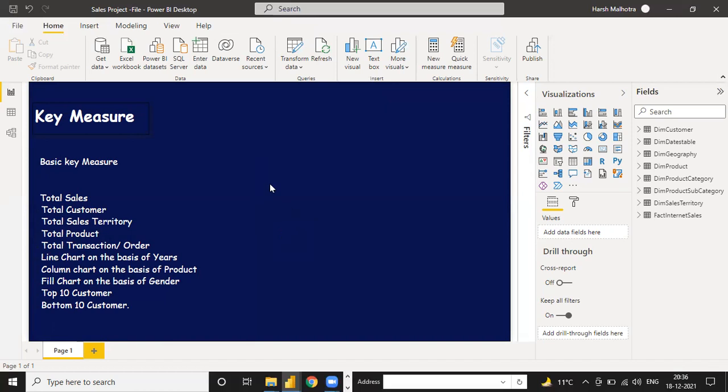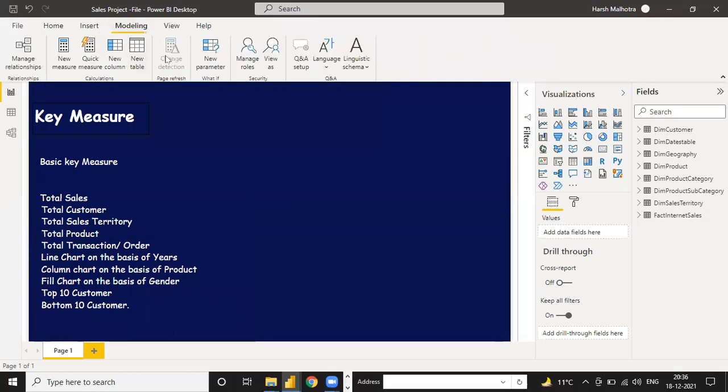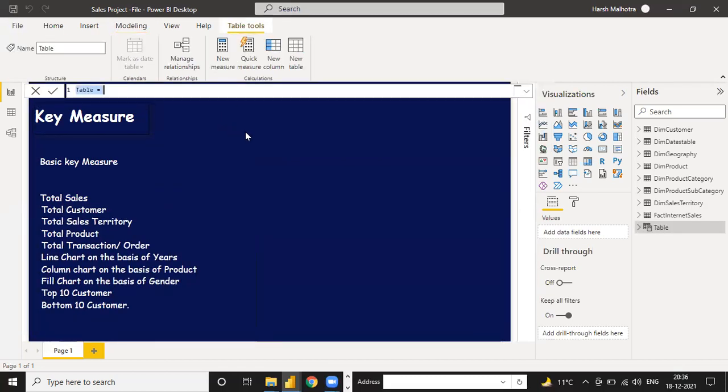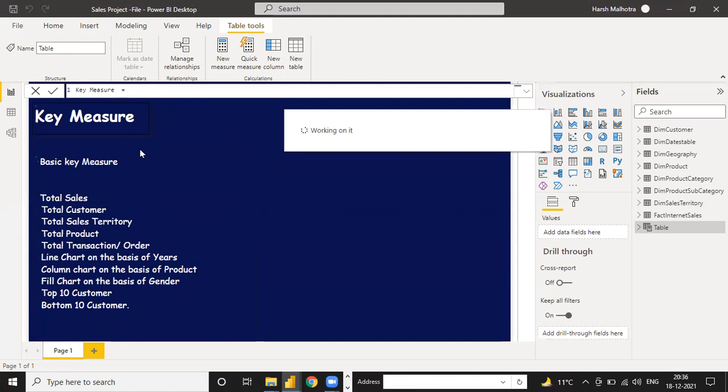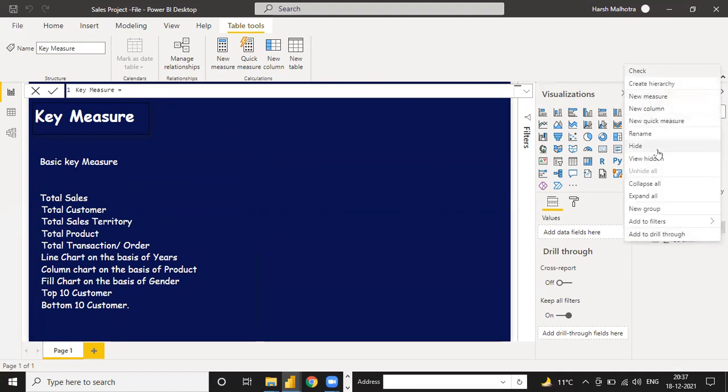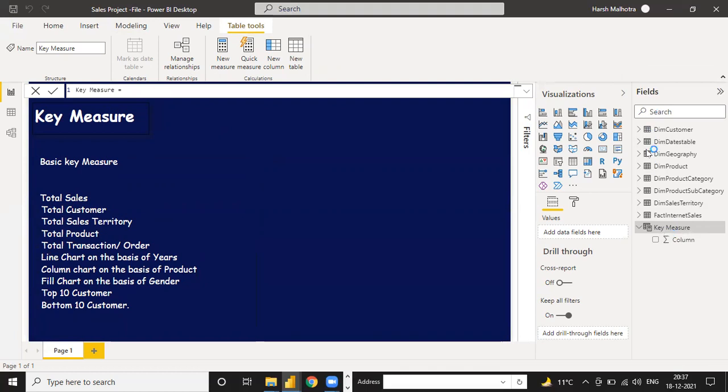So I'm starting one by one, guys. For this, any relationship you can calculate, you can enter a new table into your chart. So this one is a new table for key measure. And under this project, I entered the key measure name. You can enter it, and the key measure table is ready. And see, in this table you have one column. It is a blank column, so you can just hide it. It means your key measure will be in the upper part, and then you can create multiple measures.